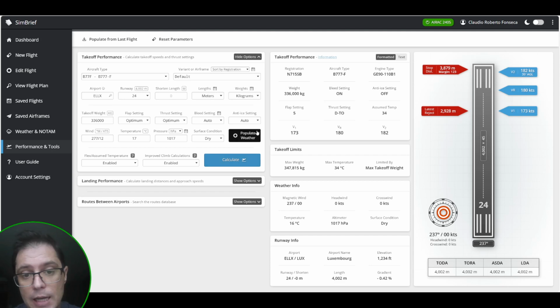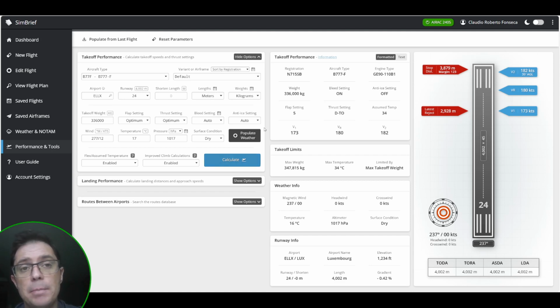Okay, anti-ice setting for the 777. Here we have the option for off, which means you will have no bleed from your engines to the anti-ice system. The other option is engine, so you will have bleed from your engine only to the engine anti-ice, and the last option is engine and wing, where you have bleed from your engine to the engine anti-ice and also to the wing anti-ice. Okay, and the auto option is basically, I think, on the